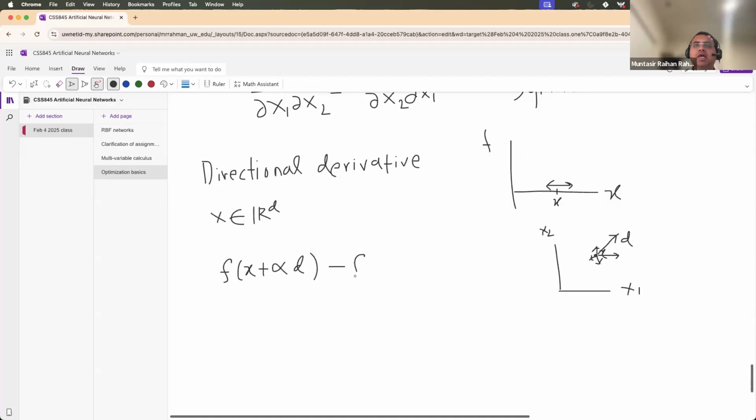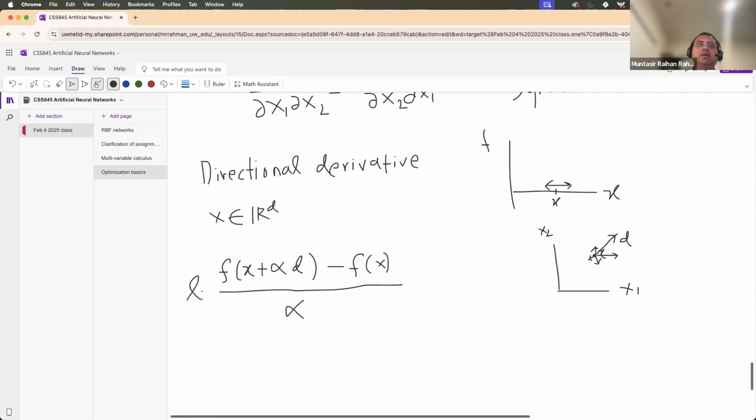And then I see how much I change with respect to where I originally was, and then I divide this by alpha, and I take the limit of alpha goes to 0. And we can call this the derivative of f at x in the direction of d. And this is the directional derivative